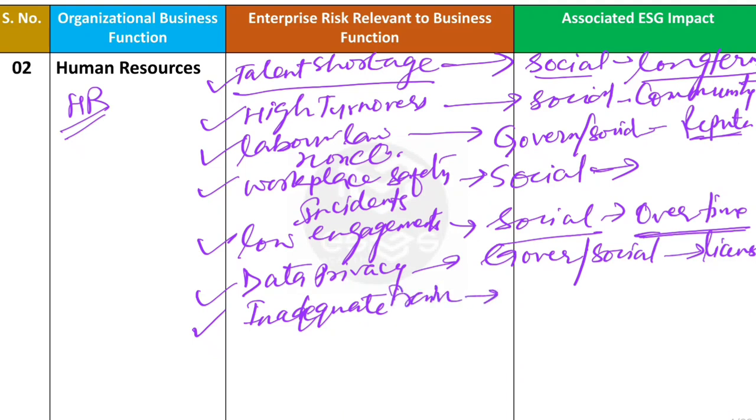The next risk is insufficient training, inadequate trainings. What can be the risk? Lack of training can reduce employee readiness and productivity. Also, this can create certain ESG impact under the social pillar. We can say a skill gap will be generated, and this will limit employees' development opportunities, hinder career progression plans, and also affect overall workforce well-being.